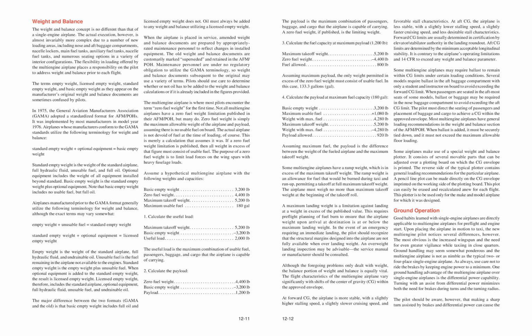At forward CG, the airplane is more stable, with a slightly higher stalling speed, a slightly slower cruising speed, and